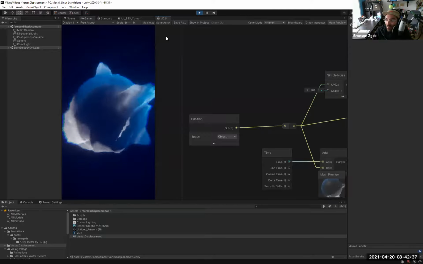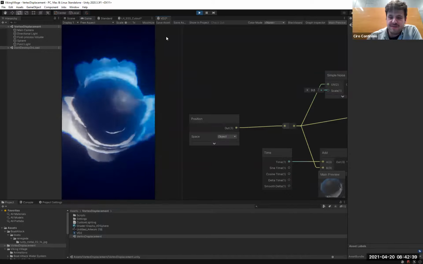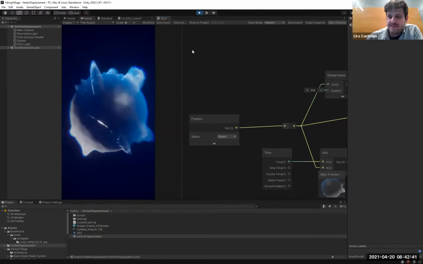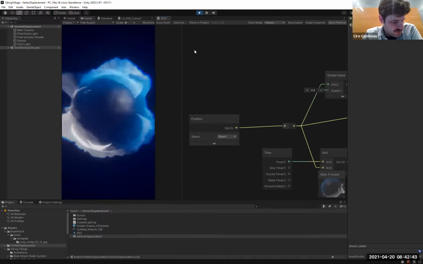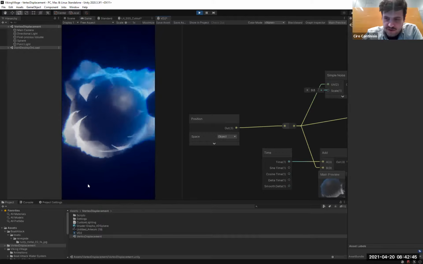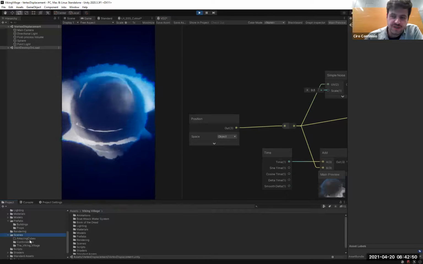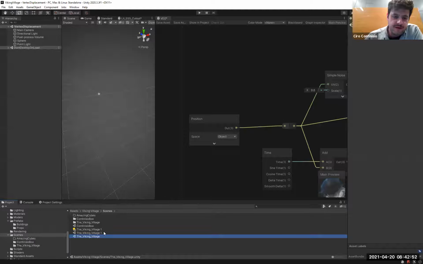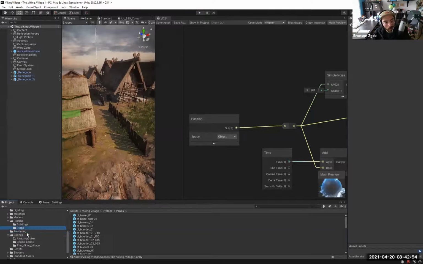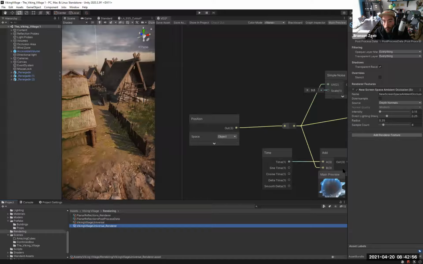So I wanted to make one quick note, Bronson, because I think it can be interesting to some. If you switch back to the Viking view, I mean, you don't even need to do that, but if you go to the asset where you tweak the SSAO, right? Right, I see what you mean. This here. The renderer. Yeah.